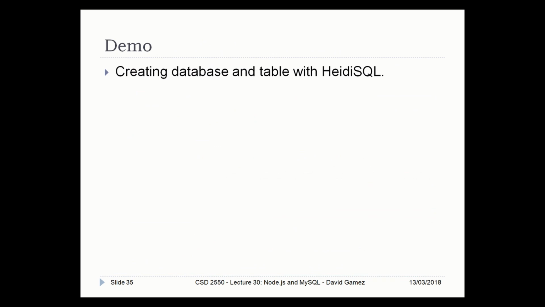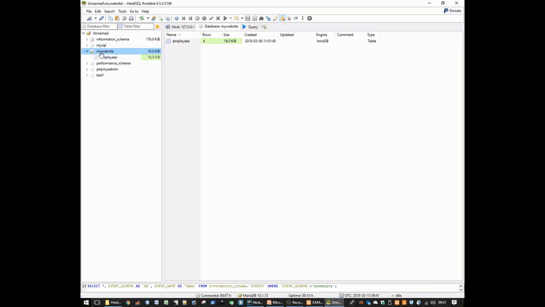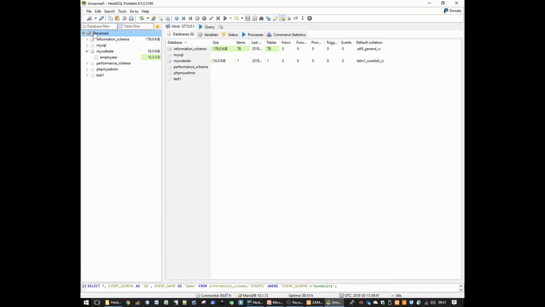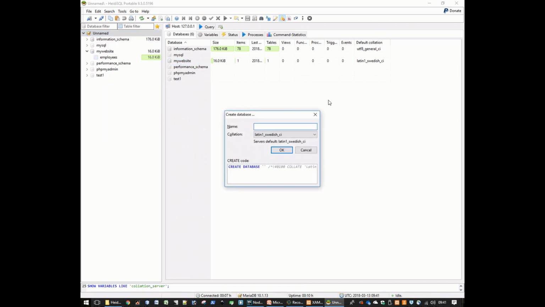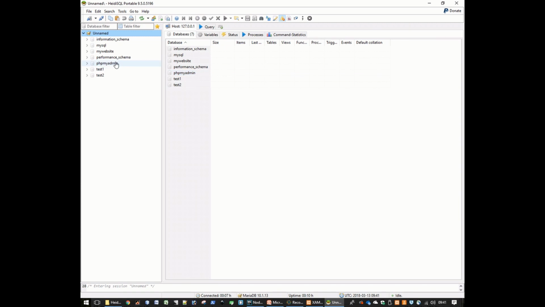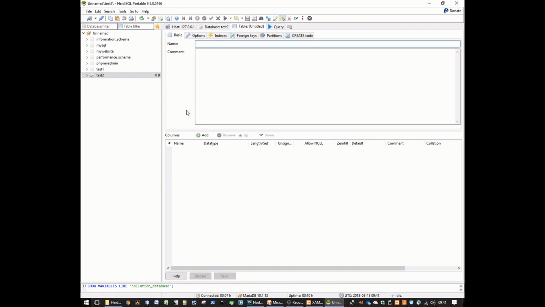So I'll show you how to do it, which is obviously easier than trying to explain it all in language, right? So here I've got one that I've created already, but let's create a new one. So here we right click on our session to create new database, and we'll call this test2, or demo2, whatever, it doesn't matter. Just ignore the collation, I haven't got a clue what it means, it's sort of the type, the character set, something like that. Then we press OK, and then we have test2, and then we right click on create new table. So give our table a name, so we'll call this students, let's say,